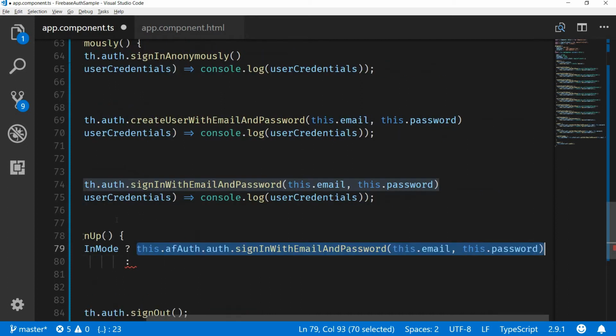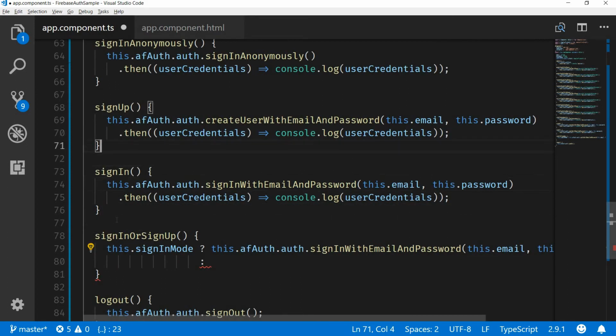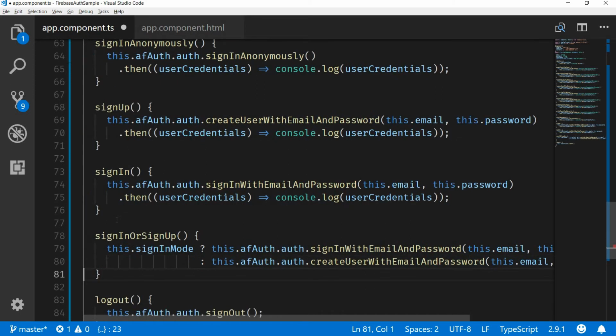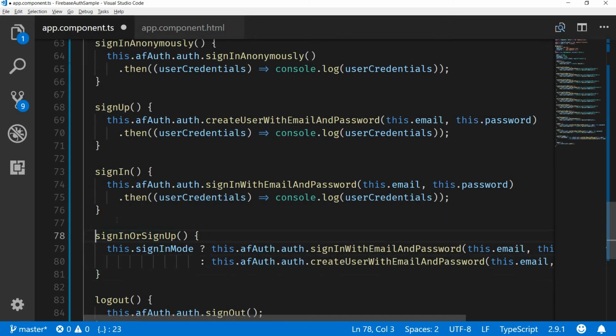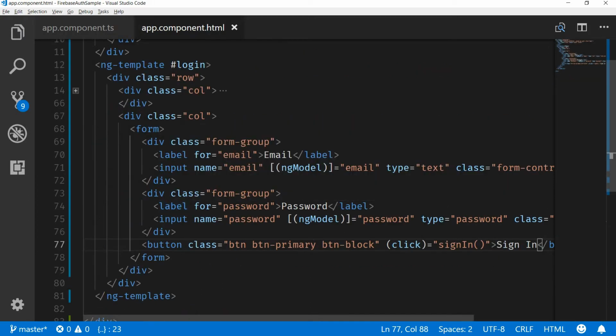Else we are going to create a new user with these credentials. Okay, and now let's save this,